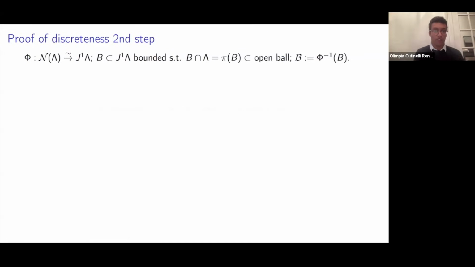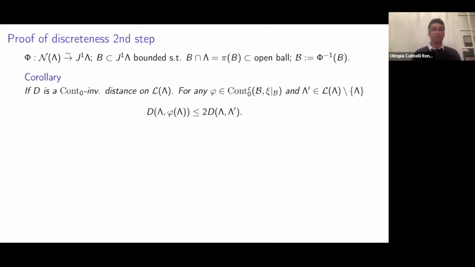And then, this is just a reminder of this notation. So I have a Legendrian. I take a neighborhood of this Legendrian. I take a contactomorphism that sends it to the whole one-jet bundle. I take a ball B which intersects the zero section in a small ball, and then I take curly B to be the corresponding set inside the original contact manifold. So curly B intersects the original lambda in a small ball.